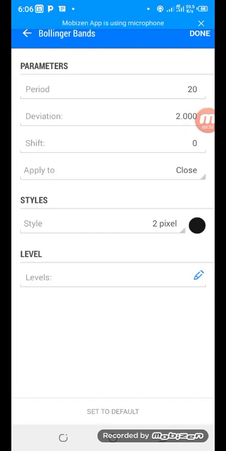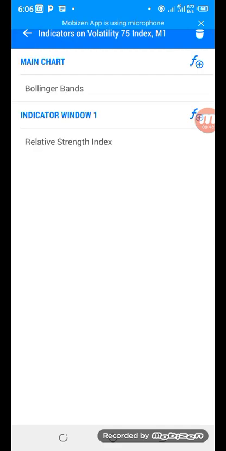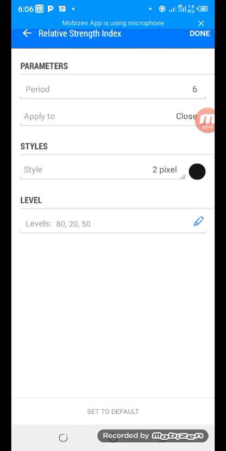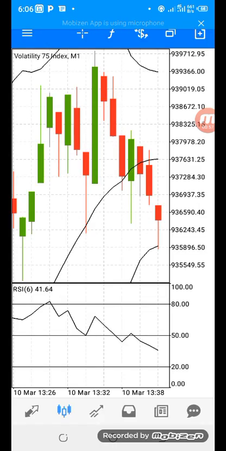The Bollinger Band setup is period 20, deviation 2, apply to close, and 2 pixel. For window 1 we have period 6, apply to close, and 2 pixel. The levels are 80, 20, and 50. So once you have been able to set that up,